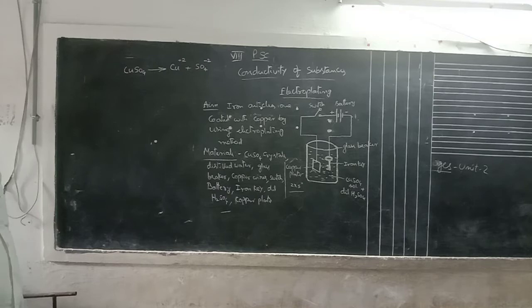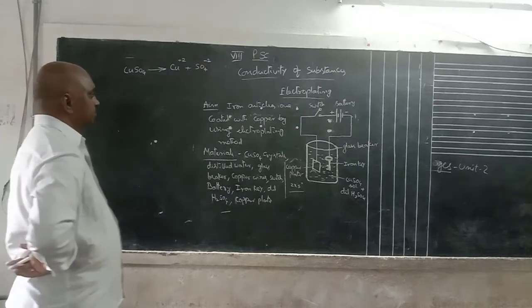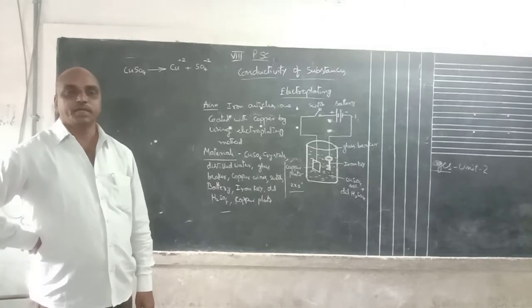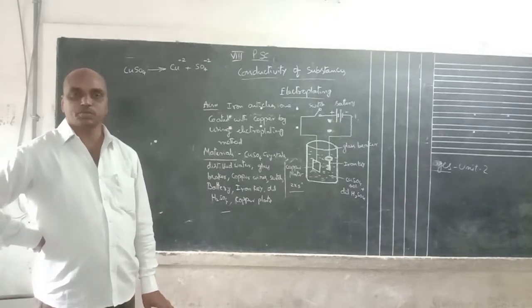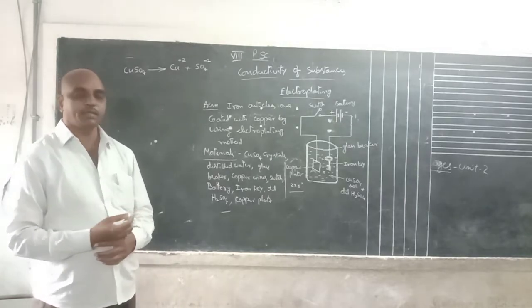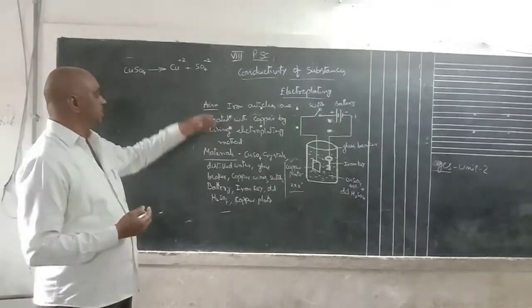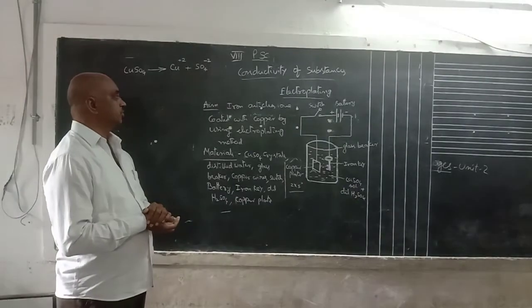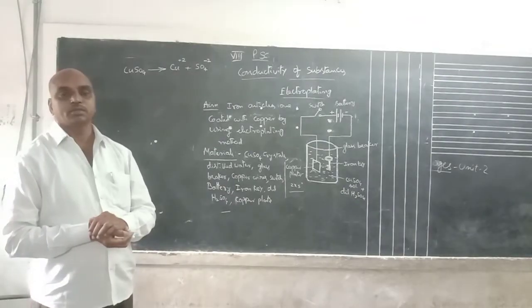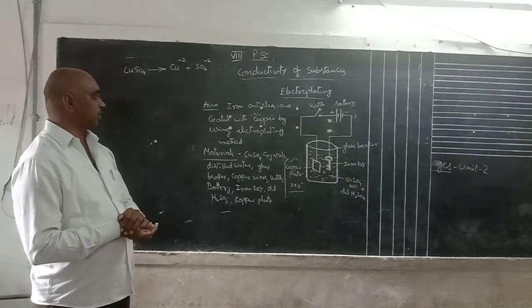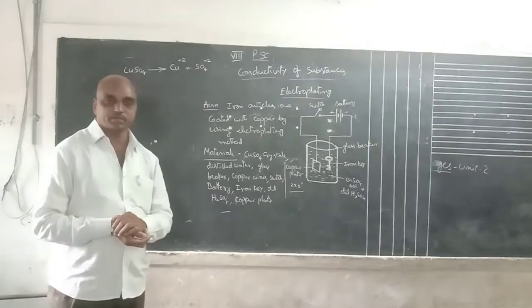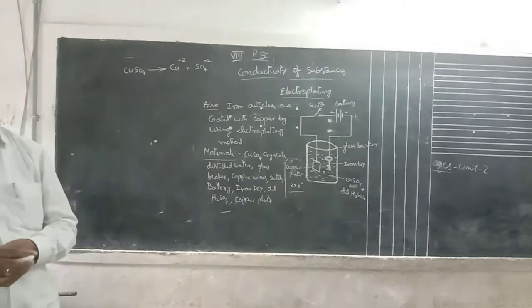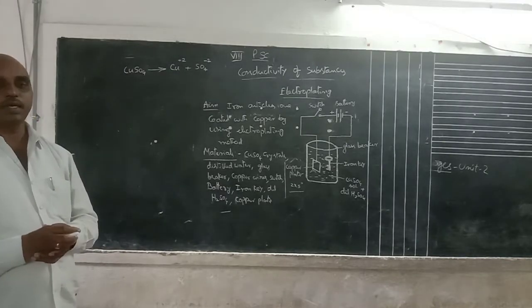Here, first one, see: write an experiment, write an activity to verify electroplating. That is the question. Write an activity to verify electroplating. The aim: you can verify that iron particles are coated with copper by using the electroplating method. Otherwise, by using the electroplating method, you can verify the experiment in a laboratory.